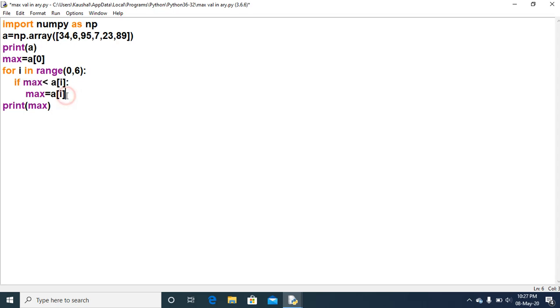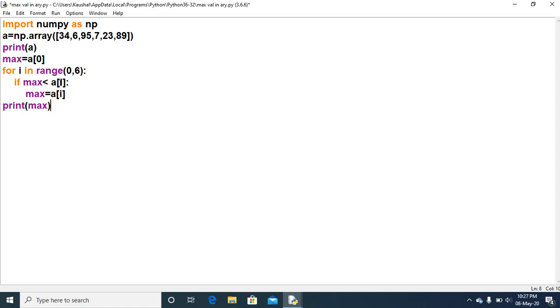Again, the second time the loop executes, the program control comes from here till here, and this time the value of I will be 1. It was 0, now it will be 1. So if max less than a of I, max remained 34.